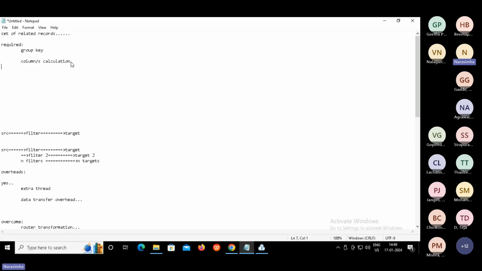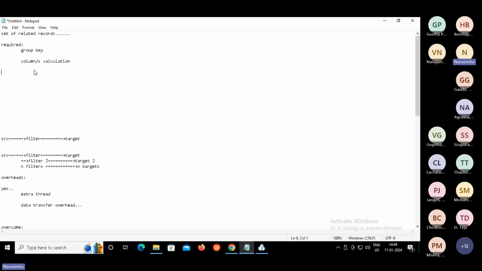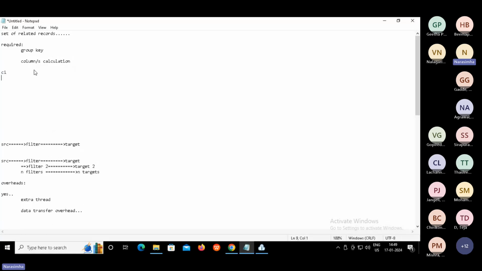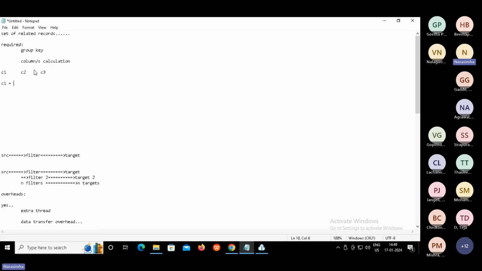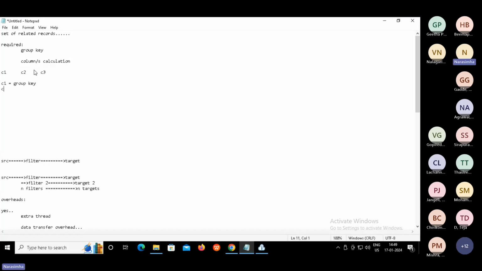So one is a group key, other is for calculation. For example, in our case, we got, let us say, C1, C2, C3. So C1, let us say, group key, and C2, let's say we are going to use it for calculation.